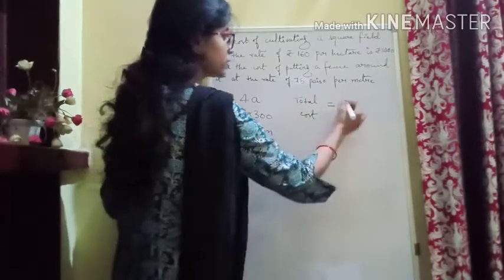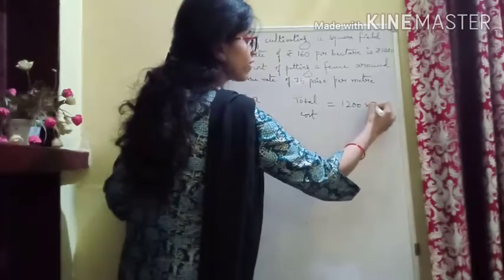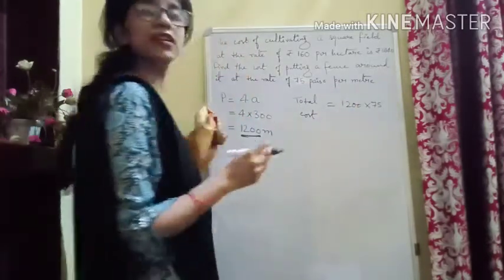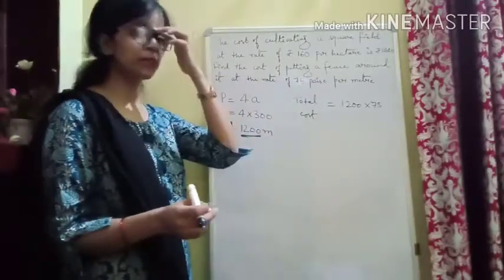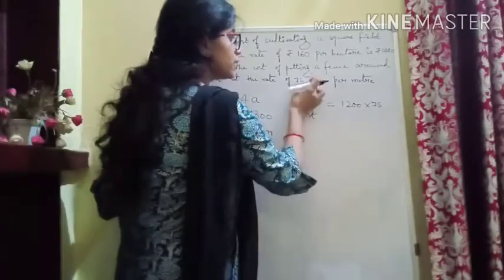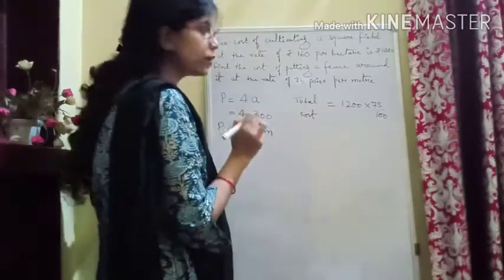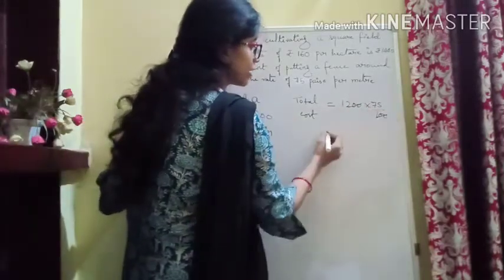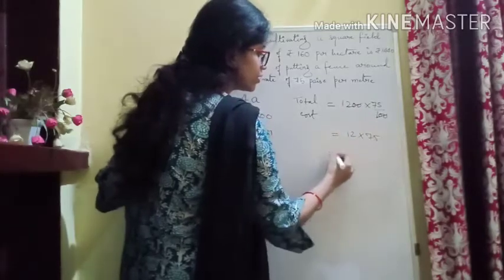what is the total meter we have? 1200, and at what rate? That is 75 paisa per meter. But then we calculate it in rupees, so we have to convert paisa into rupees. And how to do that? We divide it by 100. So 75 is in paise, and when we divide it by 100, it will be converted into rupees. Now this and this will get cancelled, and when you multiply 12 into 75,